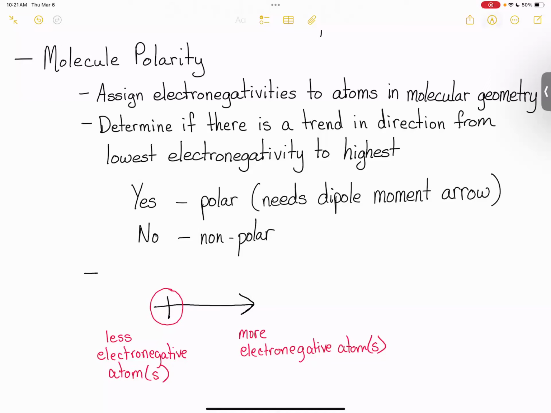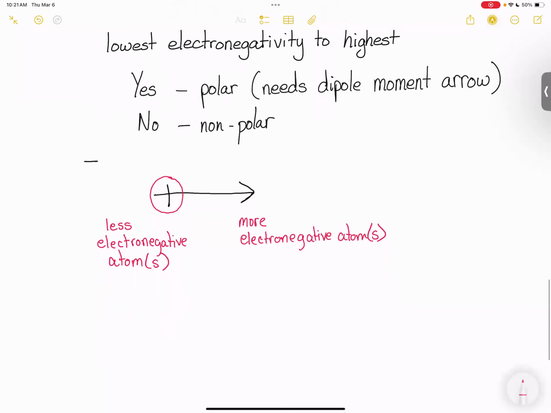I can make this somewhat more simple, at least to help you figure out whether it's polar or non-polar. But to determine the direction of polarity, you're going to have to use electronegativities. But I can help you figure out at least whether it's polar or non-polar, because